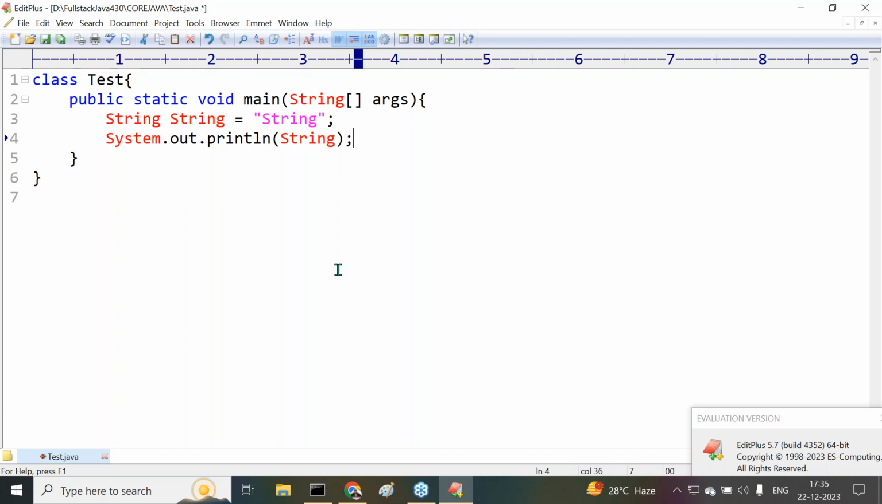Now tell me, as per the rule, can we use all predefined classes as identifiers or not? String is a predefined class that we have used as an identifier. Are we going to get output from this program? Is this as per the Java rules and regulations or not? Yes, definitely. Now if I compile this program,